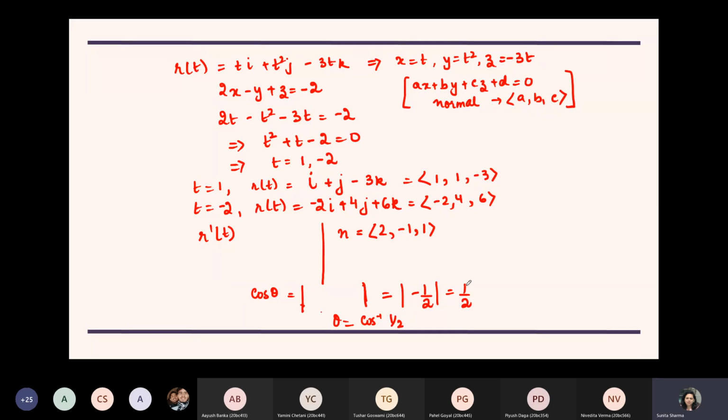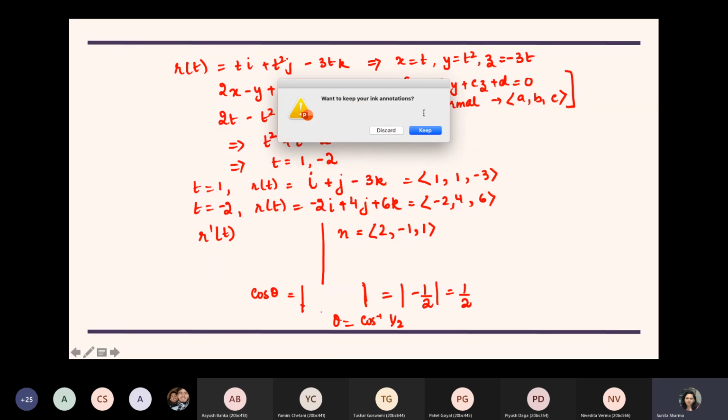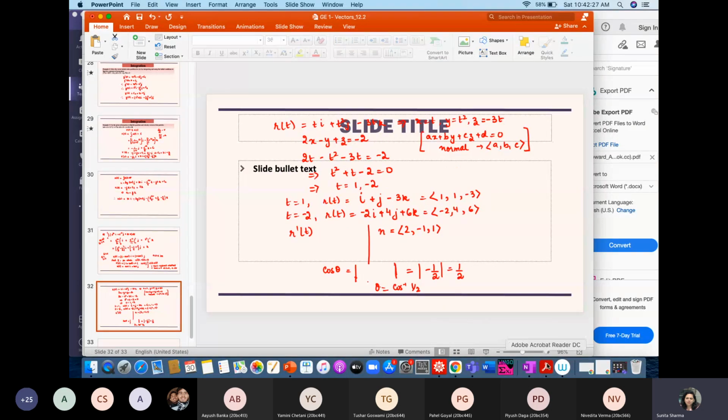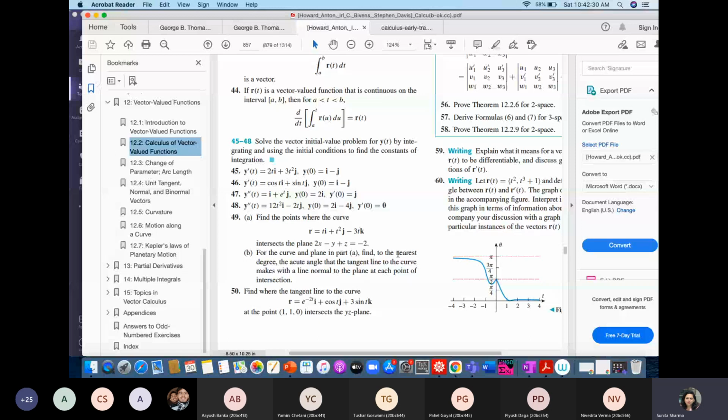So in case you do not have a direct angle for this, in case you are not able to evaluate cos inverse of this, you just leave it as it is. Otherwise you can tell what angle it is. Here the question says give to the nearest degree. So obviously you're not required to give the exact angle. Find to the nearest degree. So you can just leave it in terms of cos inverse in case you cannot find the exact angle, or if you are able to find, then you can do it.